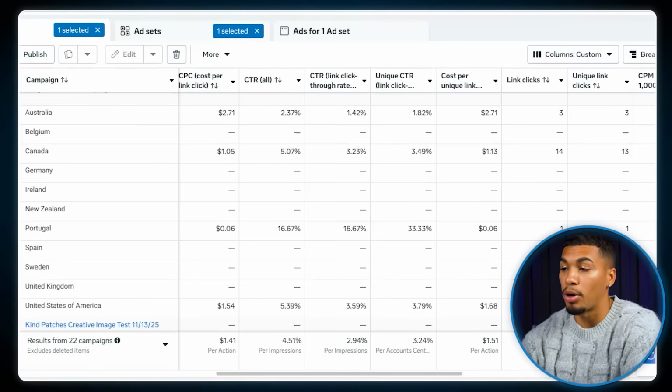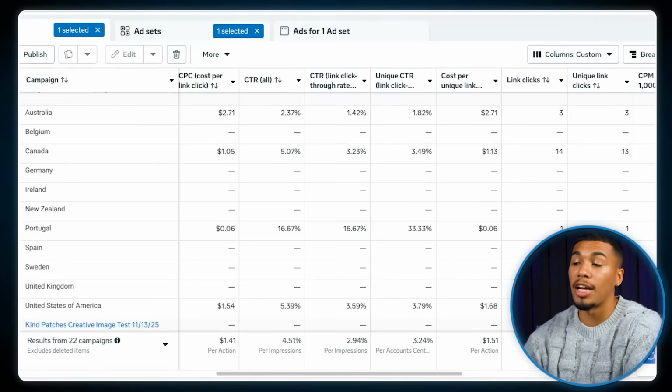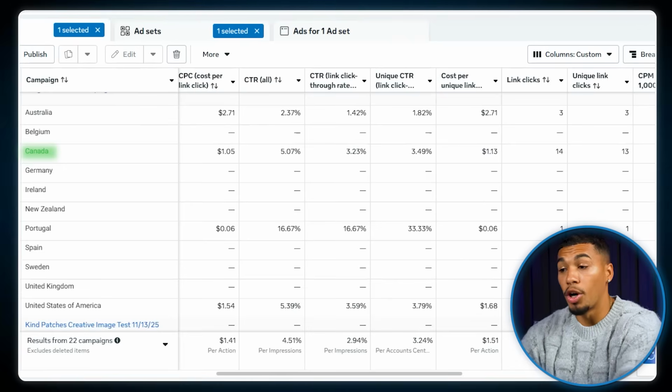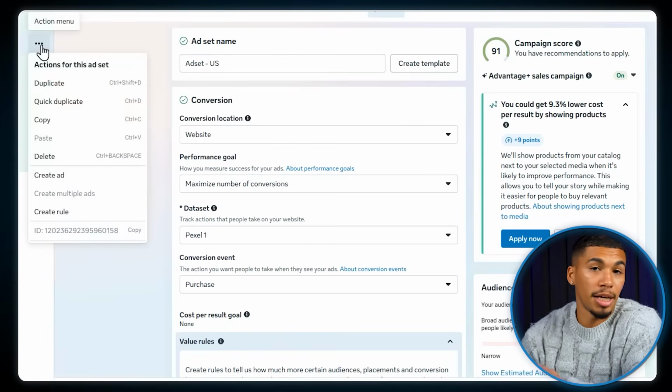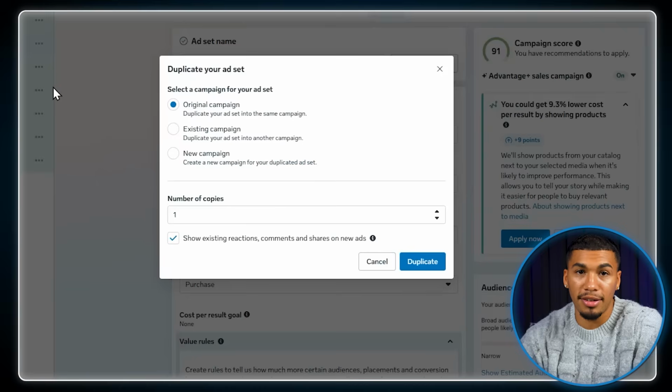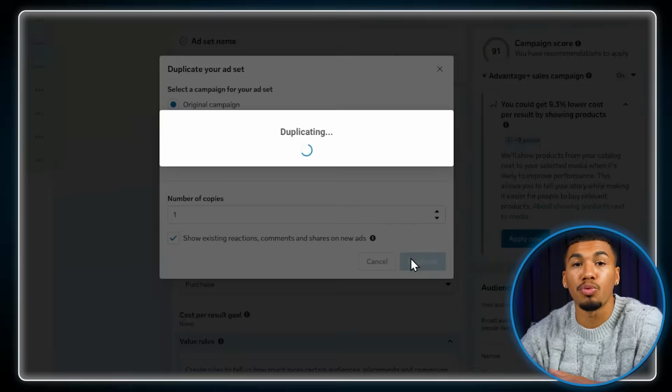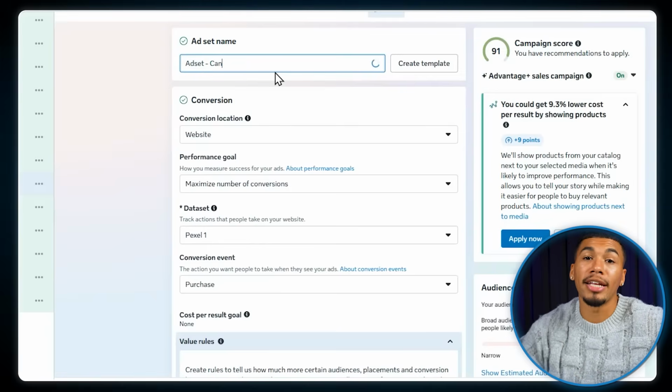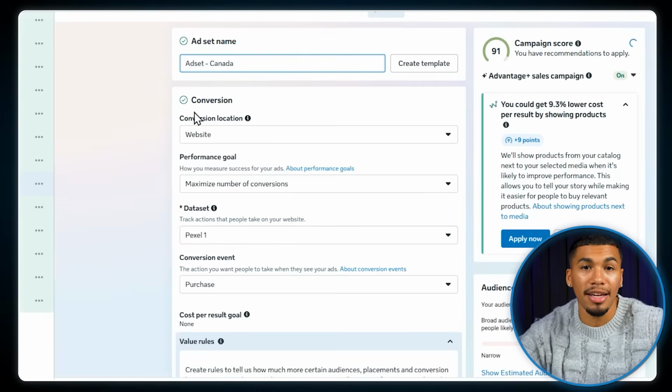Now in this case, when we broke down the campaign data, we saw a lot of engagement coming from Canada, and we even had a few purchases from Canada as well. We also saw activity from places like Portugal and the United Kingdom. So one option is keep the original ad set targeting the United States and then duplicate that ad set and swap the country to Canada, then duplicate that again and swap it to United Kingdom, and then just so